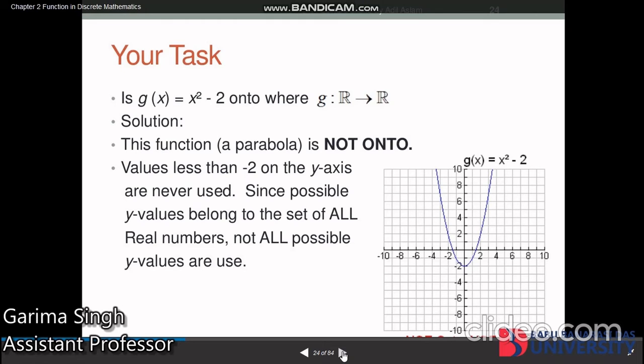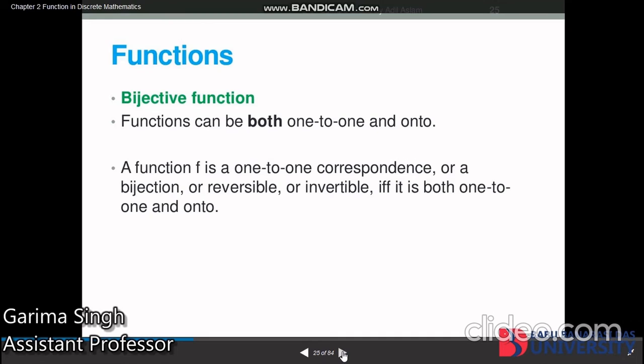You have to tell this answer to me. This is the graphical representation. Another function is bijective function. A function can be both one-to-one and onto. A function f is a one-to-one correspondence, or bijective, or reversible, or invertible, if it is both one-to-one and